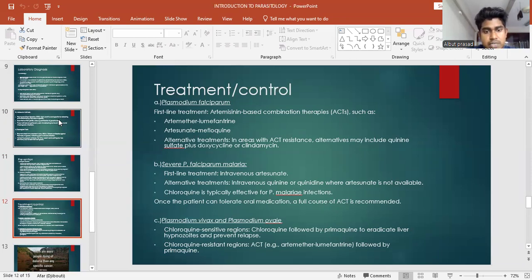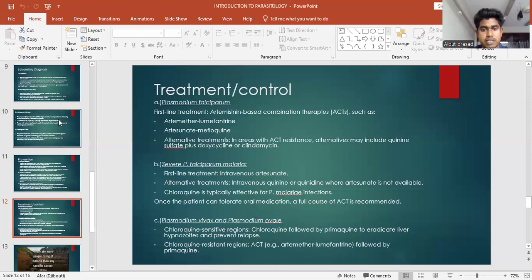Second is severe Plasmodium falciparum malaria. The first line of treatment is intravenous artesunate. The alternative treatments include intravenous quinine or quinidine, where artesunate is not available. So where artesunate is not available, these are the alternative treatments. You can use intravenous quinine or quinidine, which is readily available, and